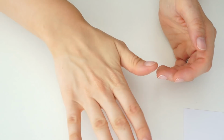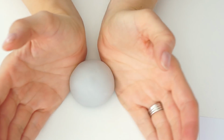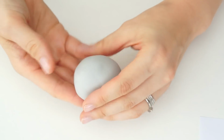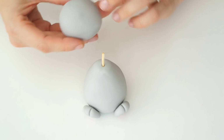So this area at the side is going to be his cheeks and coming up to the top of his head. So I just want to make sure it's flat at the bottom where we're going to attach his neck. So I'm just going to use the 2 edges of my hands and just pull that in slightly just to create that slightly tapered shape at the top. Now my head is slightly oversized just because I think this allows it to look a little bit cuter,